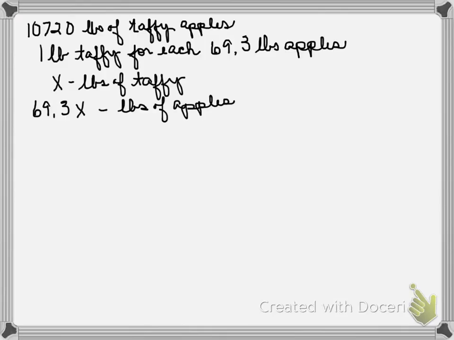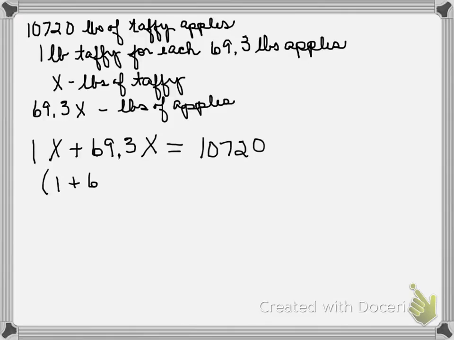So let x be the number of pounds of taffy, and then the number of pounds of apples will be 69.3 times that, or 69.3x. Then we write our equation: the number of pounds of taffy plus the number of pounds of apples, 69.3x, equals the total pounds of taffy apples, 10,720. On the left we have the understood coefficient of 1, so 1 plus 69.3x equals